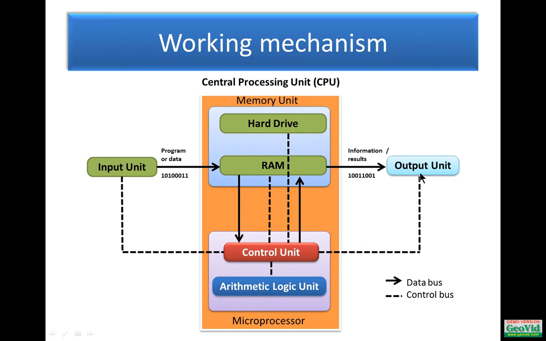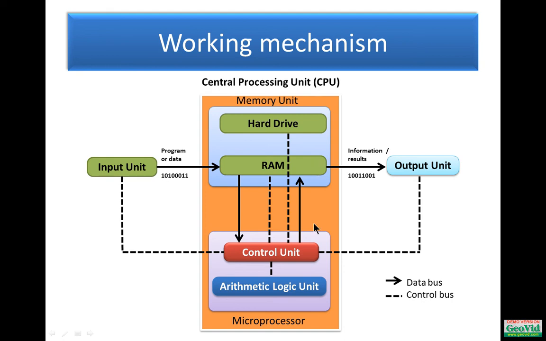Next, whenever useful information is to be stored in our computer for future purposes, then we have to save it in the hard drive, because the hard drive is the secondary storage memory. Right now RAM is working here, and we know that RAM is volatile memory. If we switch off the computer, all the data or information stored in RAM will disappear or be deleted. But we need it for future reference.